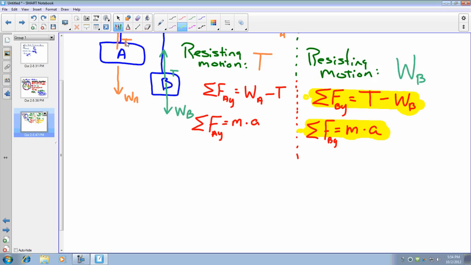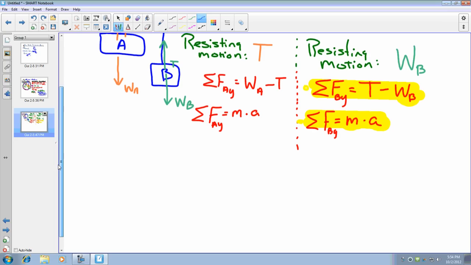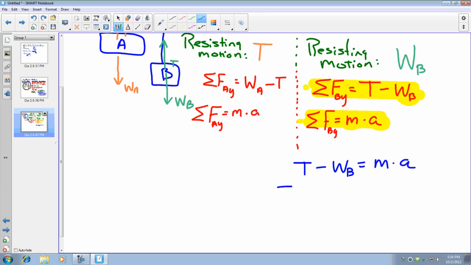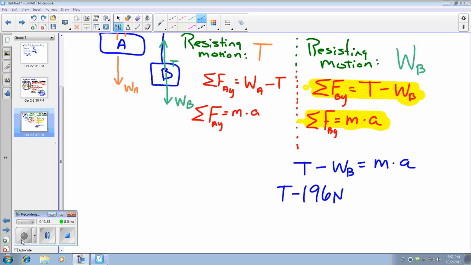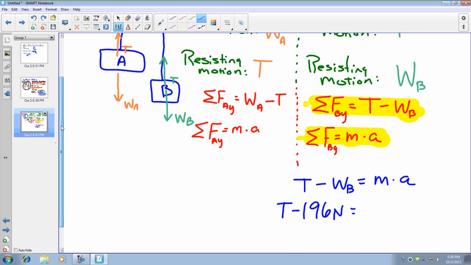So let's do a little math now. All right, scrolling down just a little bit more. T minus the weight of object B is equal to mass times acceleration. So T minus, and then what is our weight for that object B? 196 newtons. So T minus 196 will be equal to the mass of object B, which I think is 20, let me scroll up. Yeah, 20 kilograms